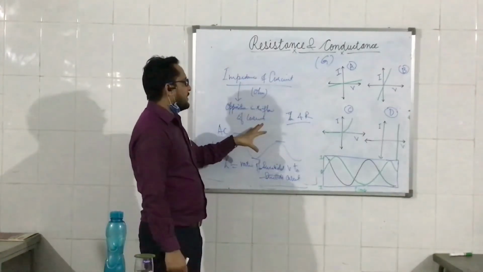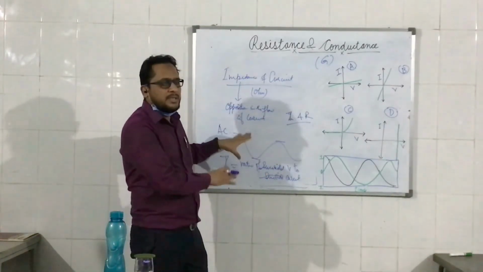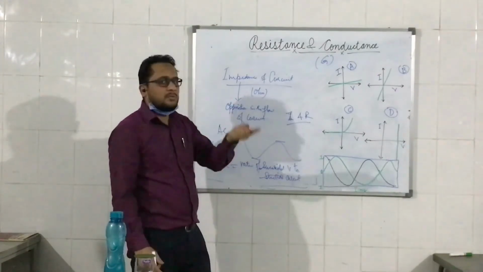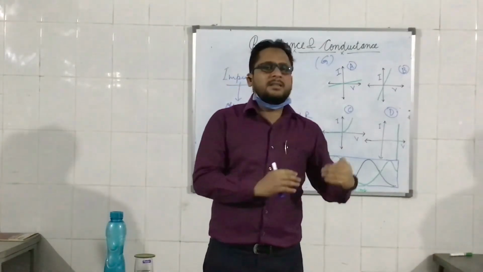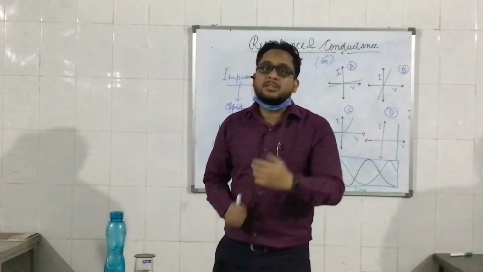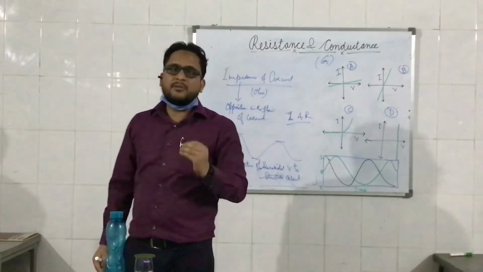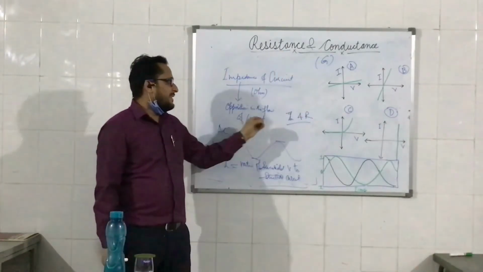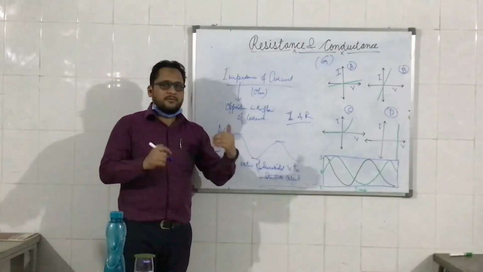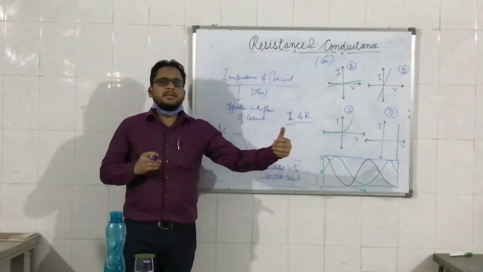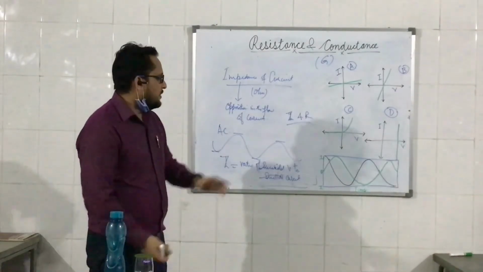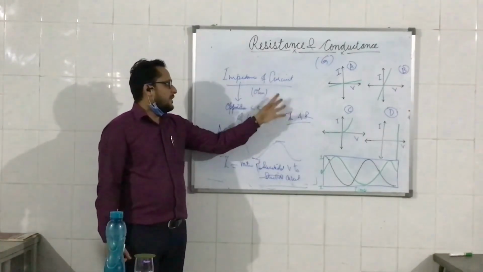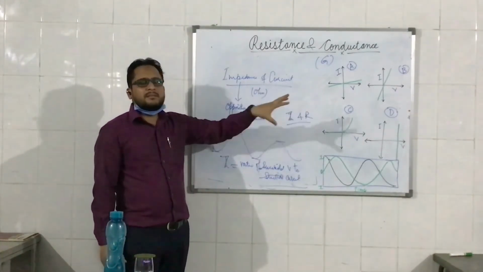So for an AC circuit, impedance is very, very important. It is basically measured, and impedance depends upon, as I told you that resistance depends upon length and area of cross section, impedance depends upon the frequency of measurement. At what frequency we are doing this test, or what frequency is there in the circuit or in the machine. Clear?